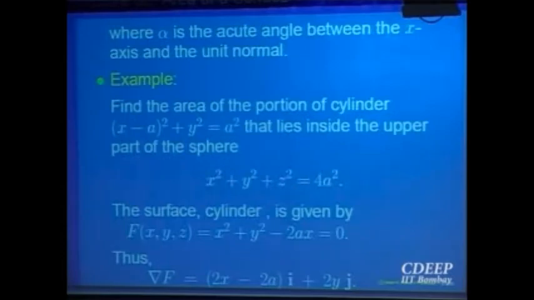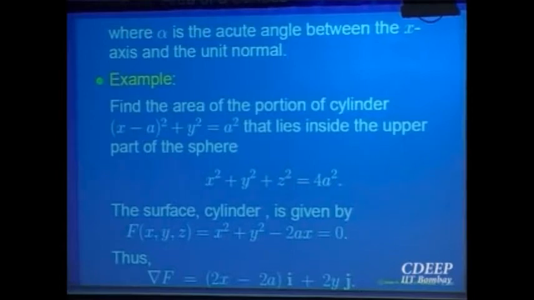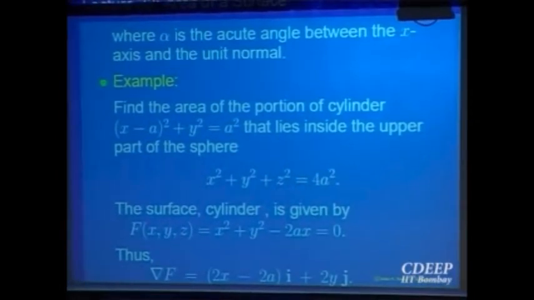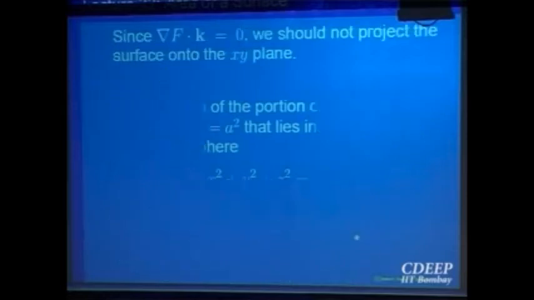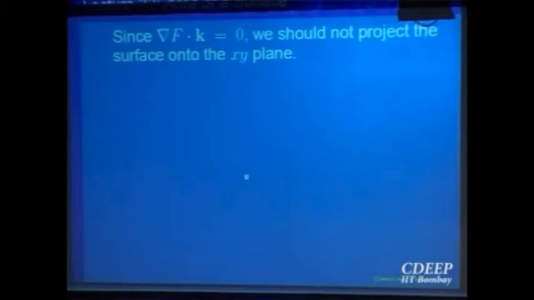So in this case, you see that there is a cylinder. So all the normal vectors are going to be coming out of it. So the angle with the z-axis is going to be pi by 2. So that dot product, that secant gamma is not going to be meaningful because that is not defined. Cos gamma is going to be equal to 0. So in such a case, we should not be projecting our surface onto the xy plane. Probably we should project it onto some other coordinate plane, xz plane or yz plane, wherever that dot product of the unit normal with the appropriate axis is not equal to 0. So that care has to be taken. So in this case, we can't project onto the xy plane.